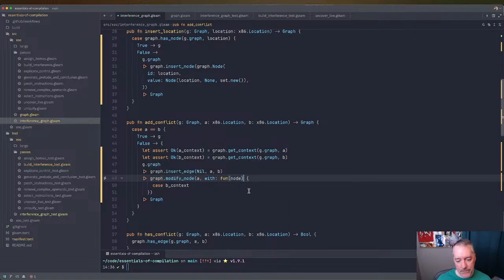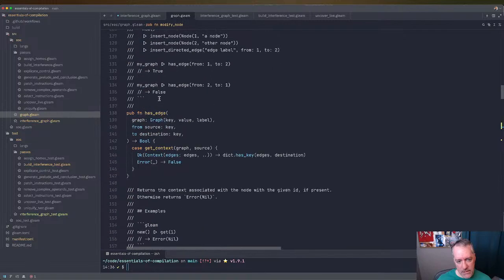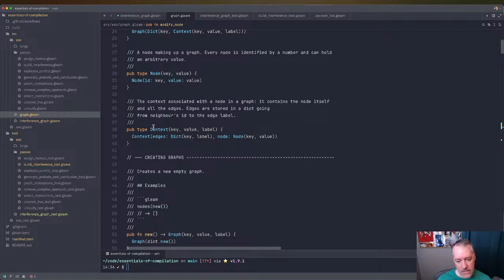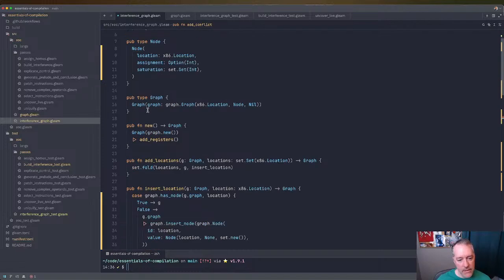Oh, okay. So the b context is this. So b context dot node dot, is really not helping me out here, is it? So we'll get the value and then